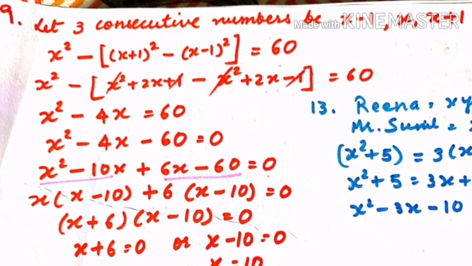Three consecutive numbers are such that the square of the middle number exceeds the difference of the squares of the other two by 60. Assume the middle number to be x and form a quadratic equation satisfying the above statement. Hence find the three numbers. Okay, now